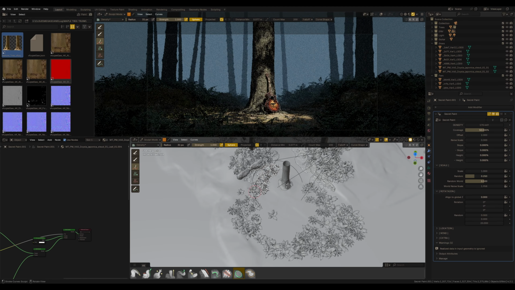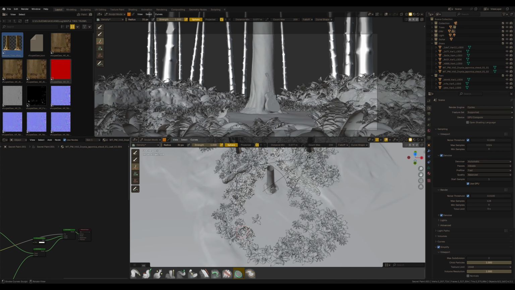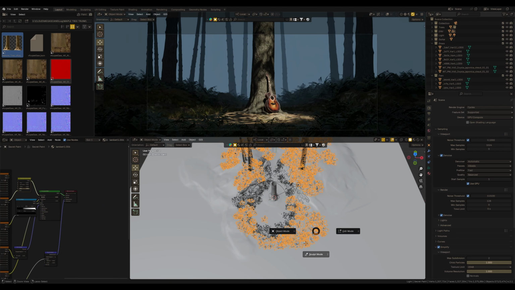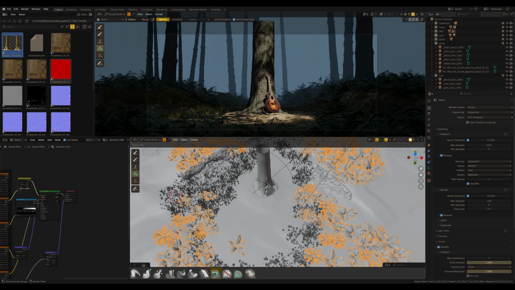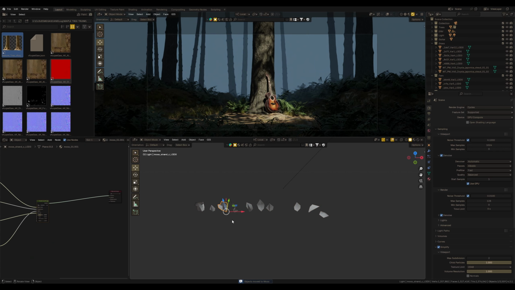And I do the same for the grass, painting it around the main trunk and in the foreground. The main goal is to fill the foreground with details, since it's the more noticeable part of the scene, so we need to maximize the details here. I might go back to this fern scatter and add some ferns closer to the hero tree for extra detail. Yeah, looks good.